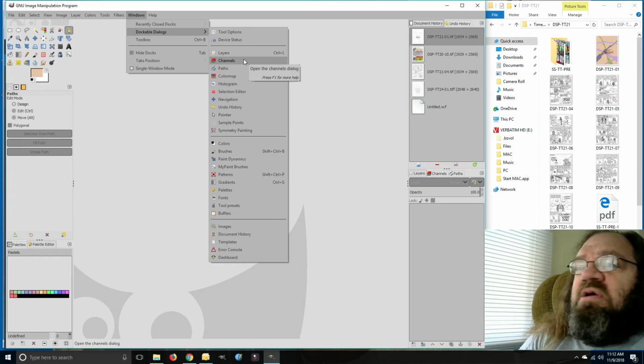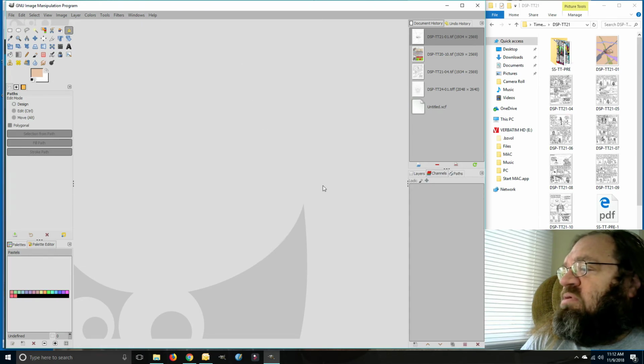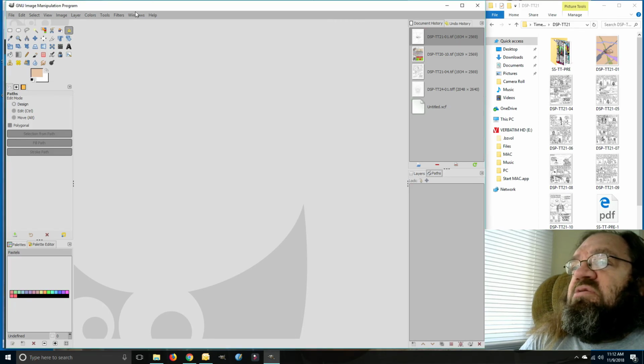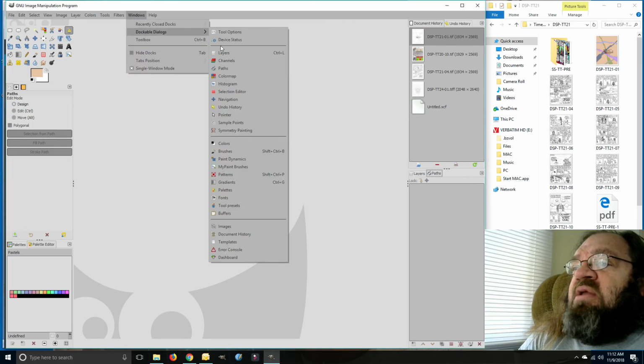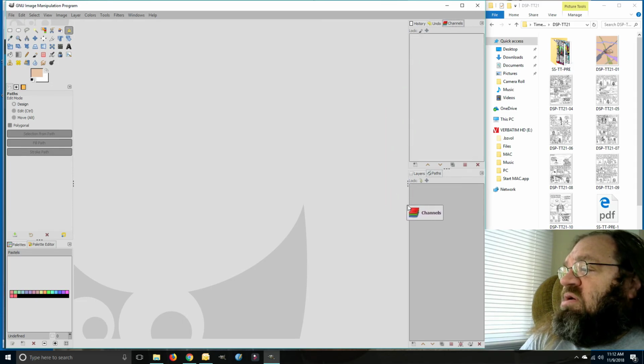I'm not sure if I got rid of the channels, but if I open, no, channels is right there. But anyway, if I were to take that out, close it, then come back to dockable dialogs and say, oh, I want that channels, then it's going to come back. It might not come back right where you wanted it. So what you do then is you move it out